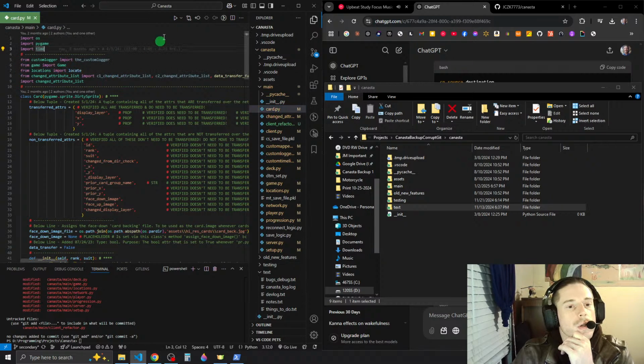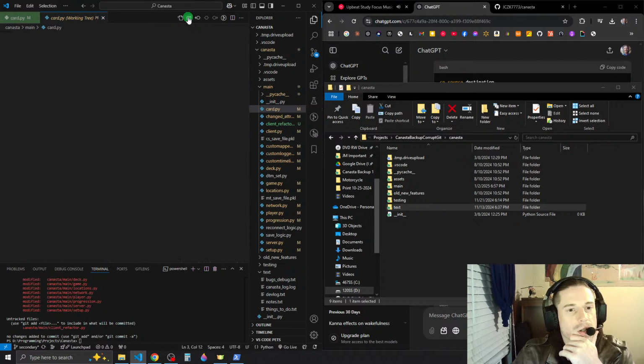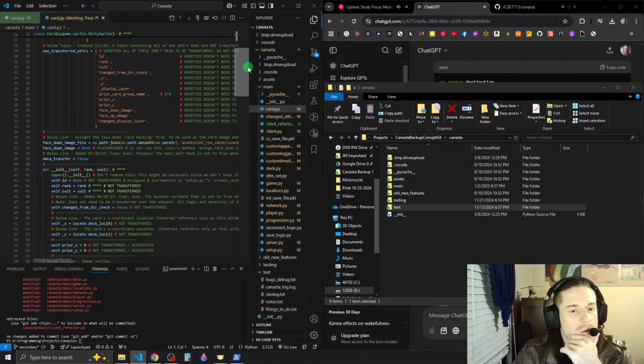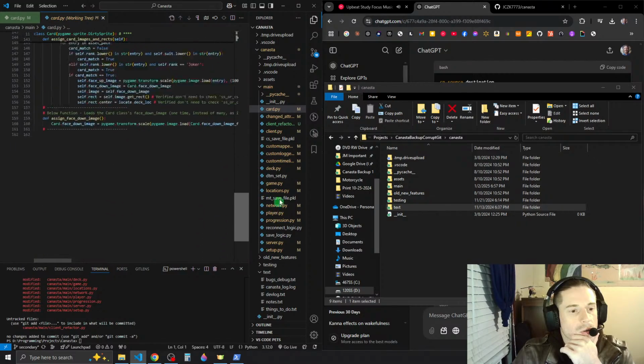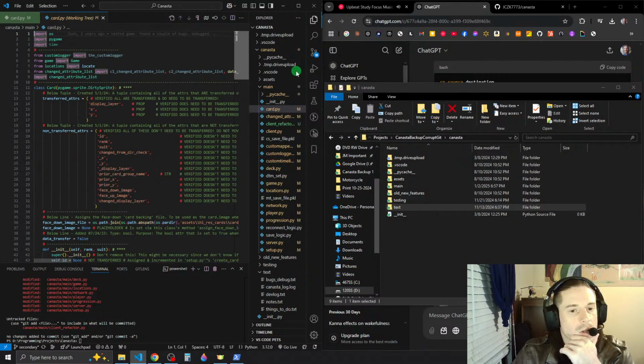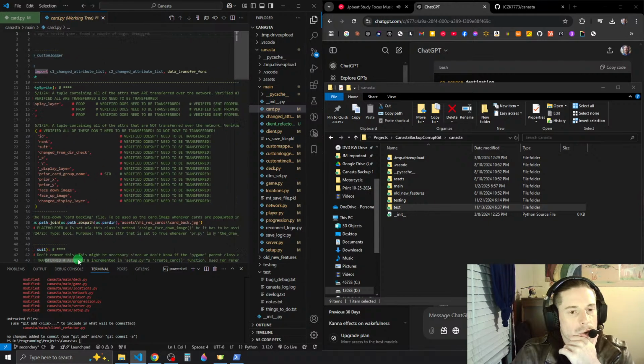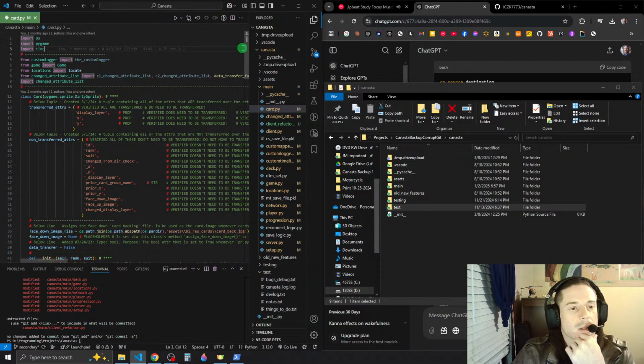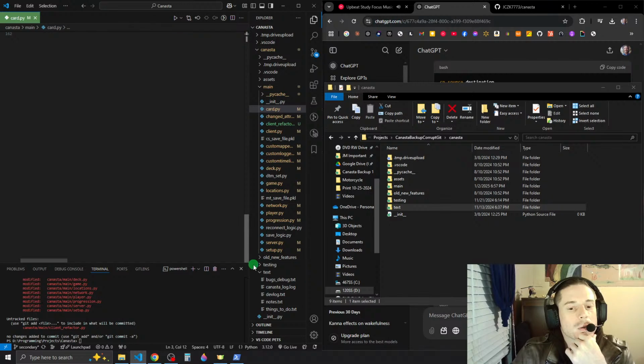Can't we open up some sort of thing that shows what my most recent changes are? Card working tree. And what does this show? What are the changes? It doesn't show anything. WTF.